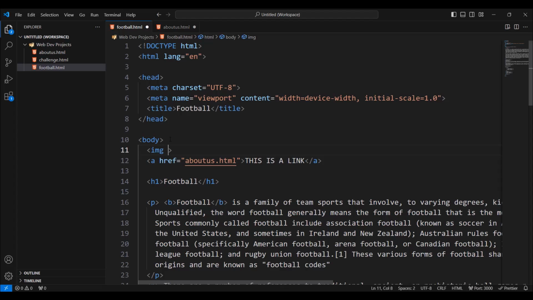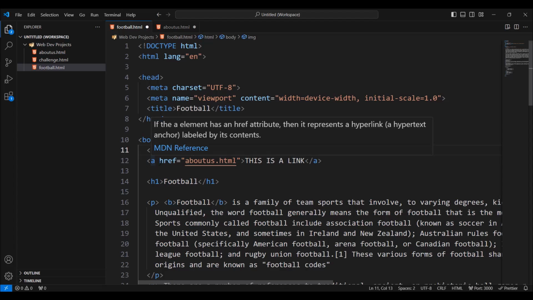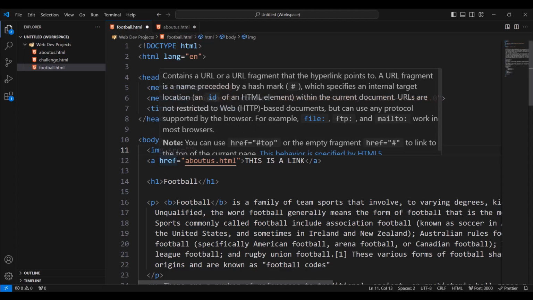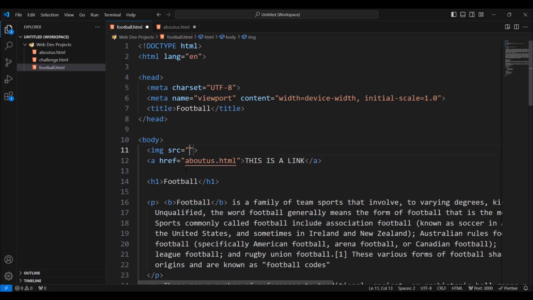Now, to have the image displayed, you need to tell the image element to render an image, and the image which is going to be rendered is specified using the attribute src, and src stands for source. So here you need to specify the source location of this image, and as you can see, it follows the same pattern like the anchor element where you have the link. You have the attribute, equals, quotation marks and the link.